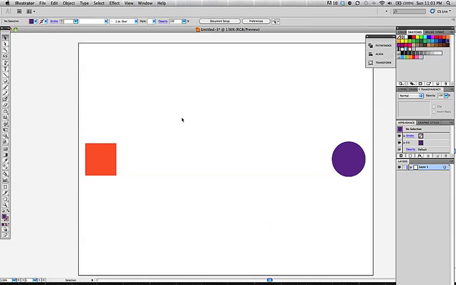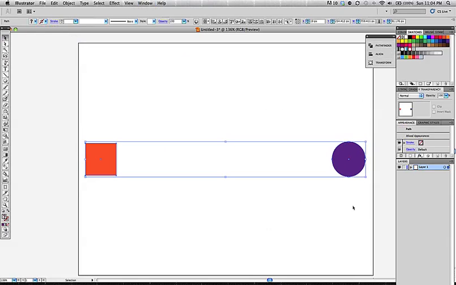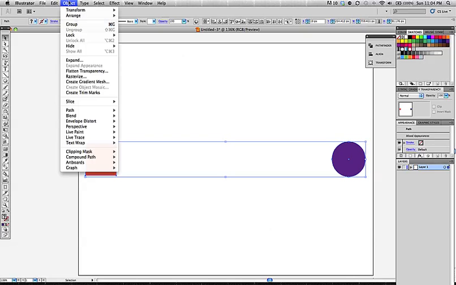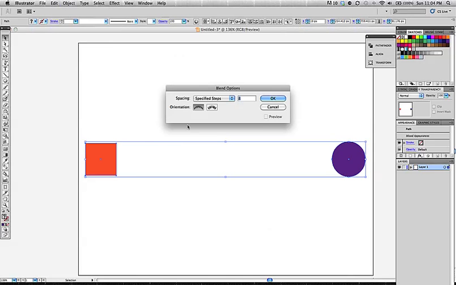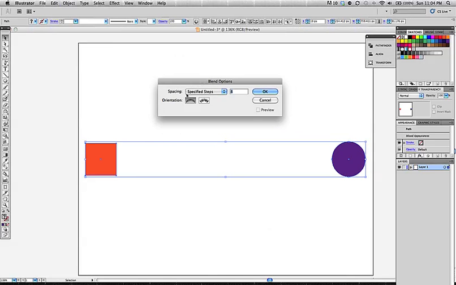So if I were to select these 2 shapes, have them selected, I can also do blends by going to Object, Blend. So here, the equivalent of double clicking on the blend tool would be to go to blend options, and that opens up your blend options. So you can go through the menu, or you can go to the tool. I usually go to the tool just because it's quicker, but the menu offers more of